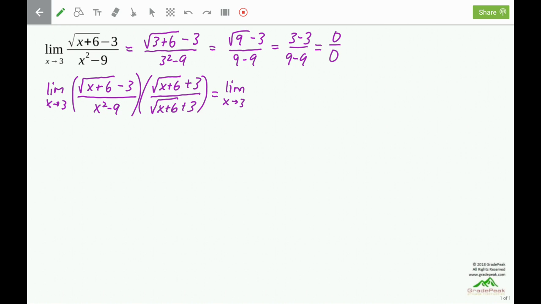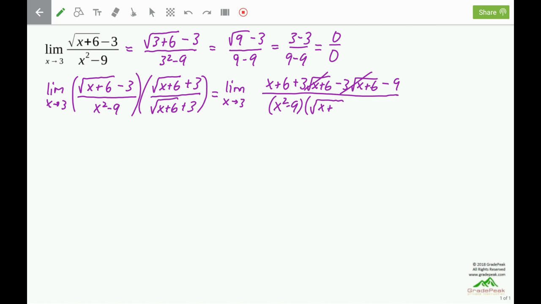First, root x plus 6 times root x plus 6 is x plus 6. Outside, root x plus 6 times 3 is 3 times root of x plus 6. Inside, negative 3 times root x plus 6. Last, negative 3 times positive 3, which is negative 9. The outside and inside terms will cancel, as they always should. Equal value, opposite sign. In the denominator, since those are not conjugate pairs, we will not want to FOIL those